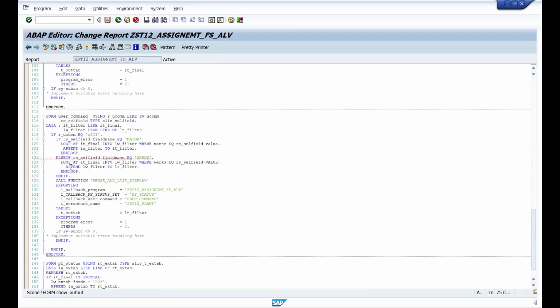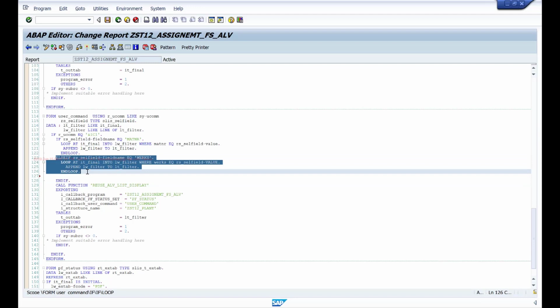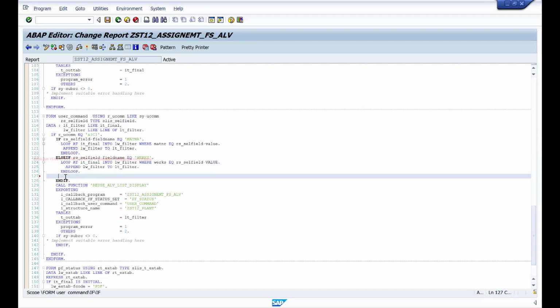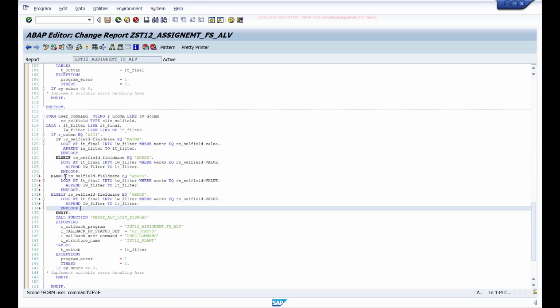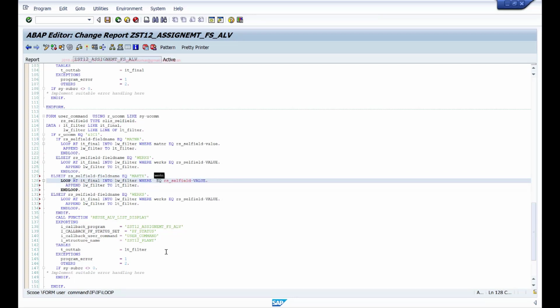So to make sure it works for all the four columns, I have to update my logic to add a few more if-else conditions. I can say else if this, else if this. So here I'll check for MAKTX and here I'll check for name1.